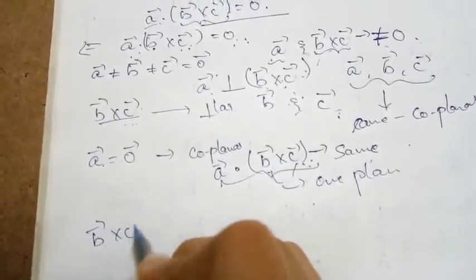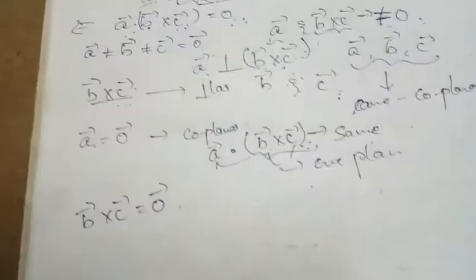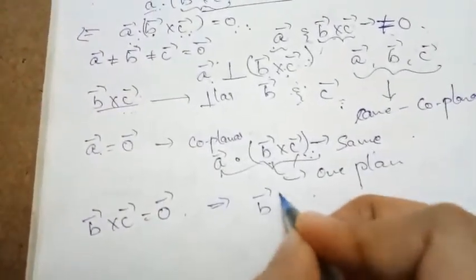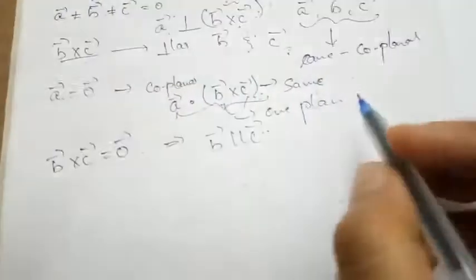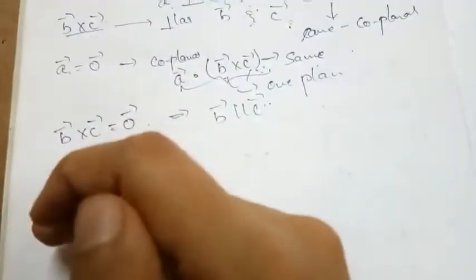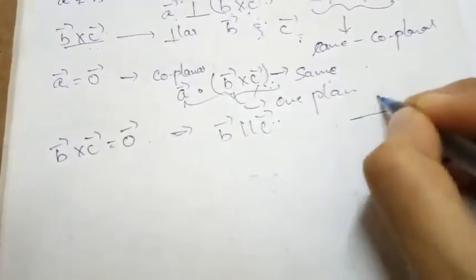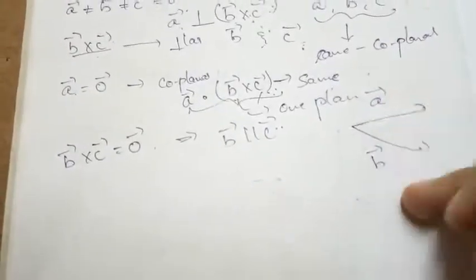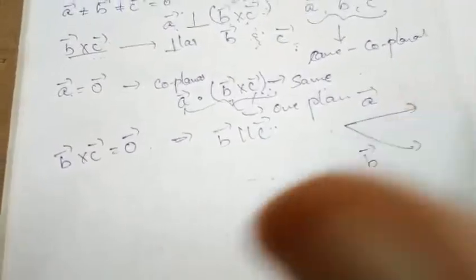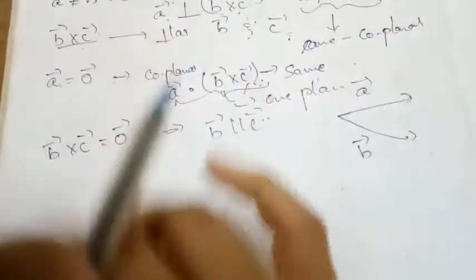Suppose vector B cross C is equal to 0 vector. If it is a 0 vector, then what does that imply? Vector B is parallel to vector C. So we already know one of the things: imagine it, I am drawing it in the plane right now. Try to imagine it in three dimensions also. If I consider any two vectors, let it be vector A and let it be vector B, then the two vectors should lie in one plane itself. So I am considering vector A and vector B, which are lying in the plane called book.